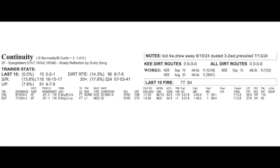So now going through this Alcibiades field, I think number one, Continuity, certainly has a shot in this race. She is 2 for 2. She's bred to route. If speed is holding and she can get out there and set the pace under Ben Curtis, it looks at least a little bit interesting at a price. But I'm not going to make her my top